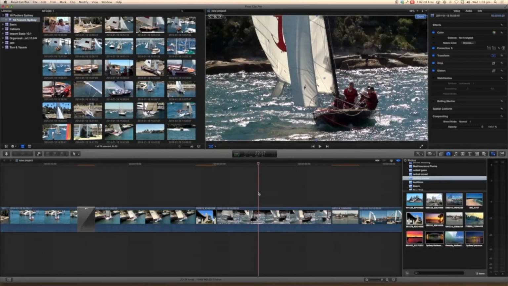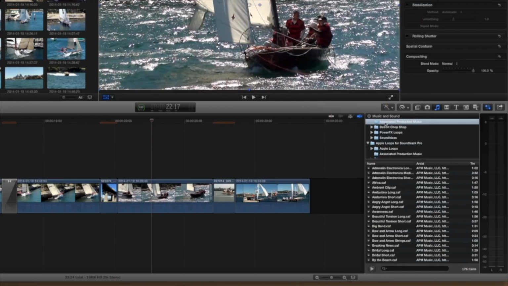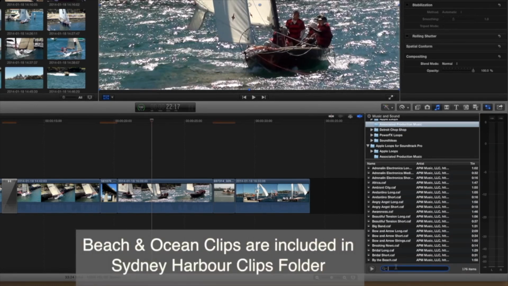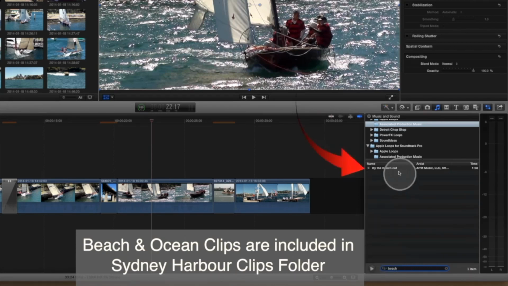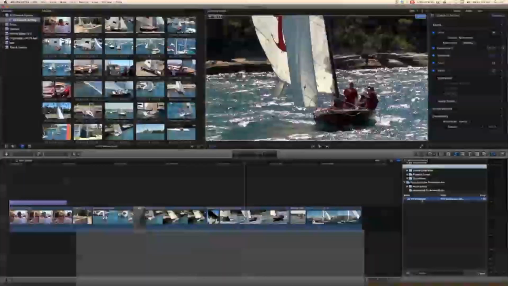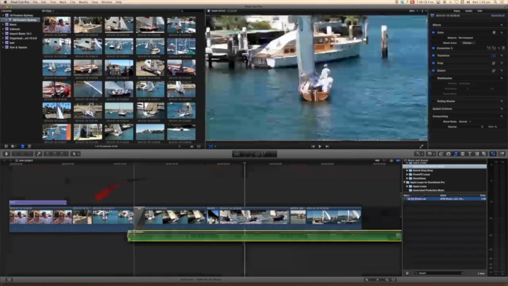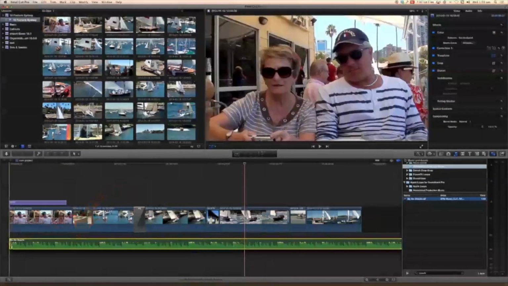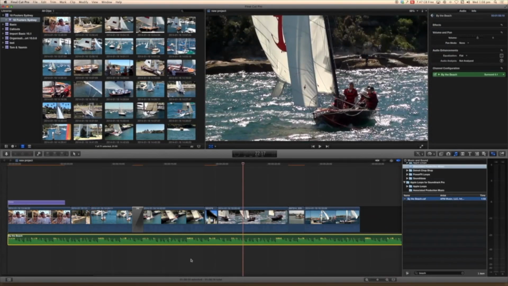We are now going to add some music. So be careful when you add music. You may not have copyright to the commercial music. I'm going here to some production music, and we're going to search for The Beach, and there it is, By the Beach. I can simply click on that and drag it into the timeline,